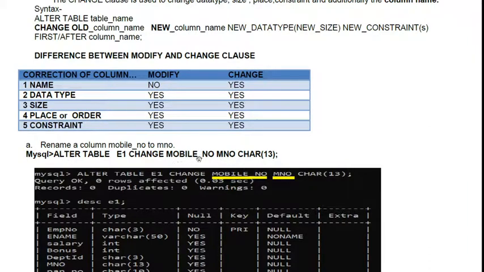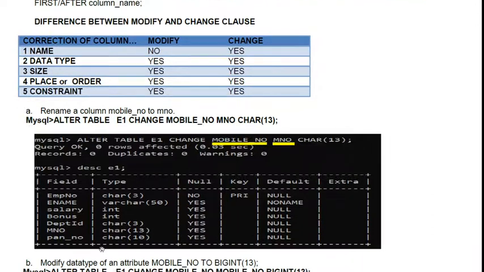This is the old column name and this is the new column name. The data type remains the same, as you don't want to change the data type or size. See the difference? Now mobile_number is converted into MNO. Here the column name has been changed.